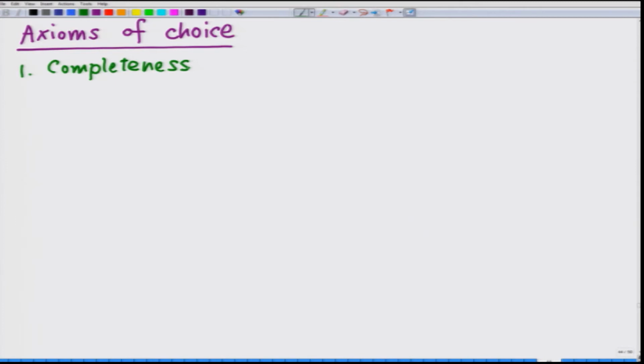Now, under this completeness choice, we assume that all commodity bundles can be compared in terms of either indifference or preference. So, here we are talking about two basic types of relations